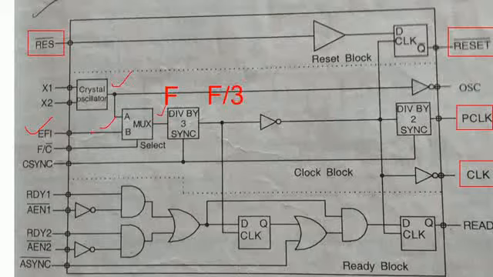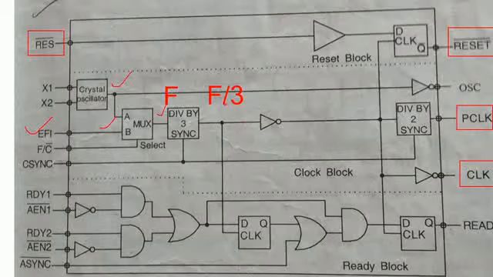This division circuit is common. It exists when we have the crystal oscillator or the function generator as a clock source. This signal is then passing through the inverting buffer. Inverting buffer means a high becomes a low and a low becomes a high. At the same time, the buffer amplifies the input signal.